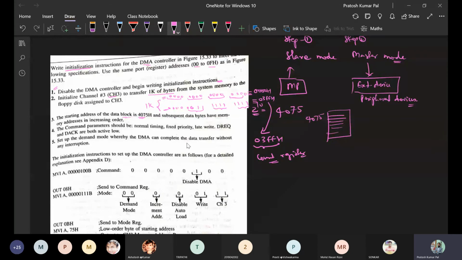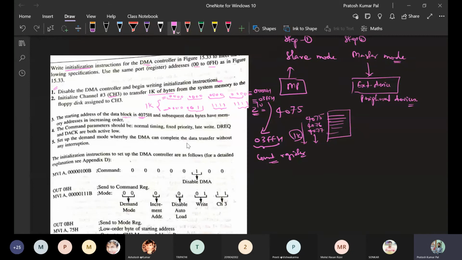The next data to be transferred is above this address, so this is 4075, then 4076, 4077. So these are the data from here up to here. 1K byte of data needs to be transferred. The next addresses will be higher than 75, 76, and so on. It's given in the condition.